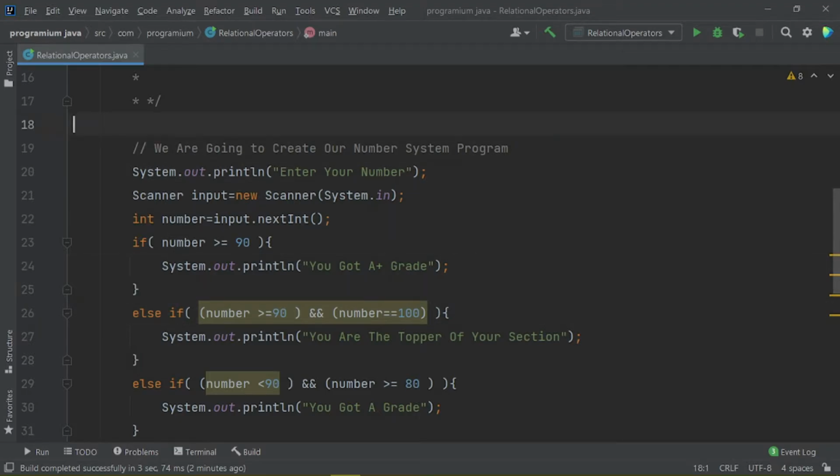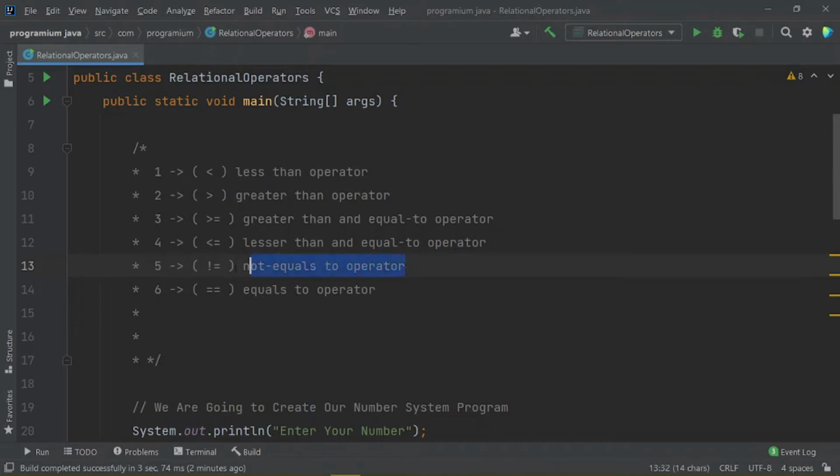So guys, we have covered another operator right now here, and the remaining operator is not equals to